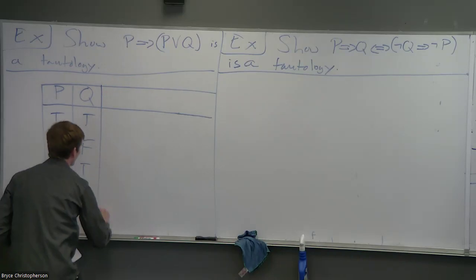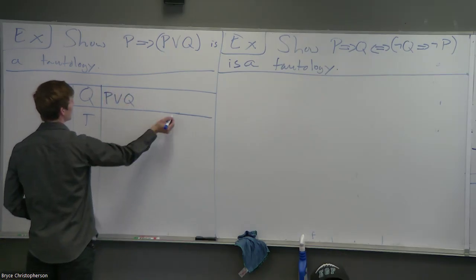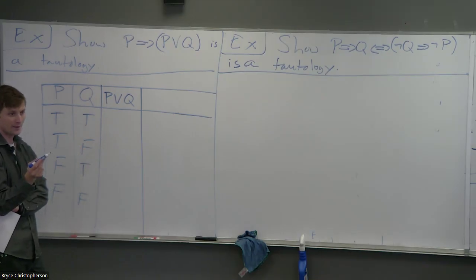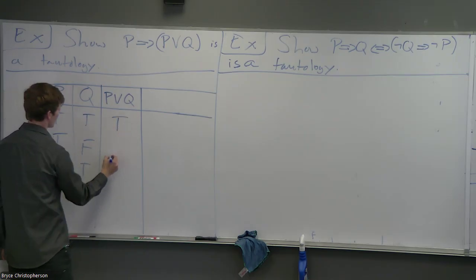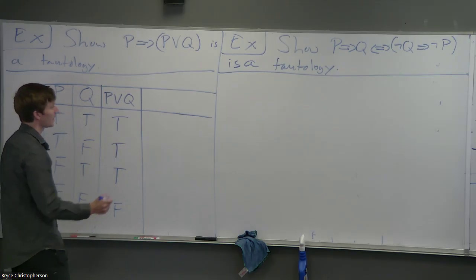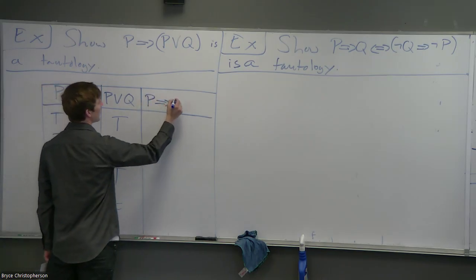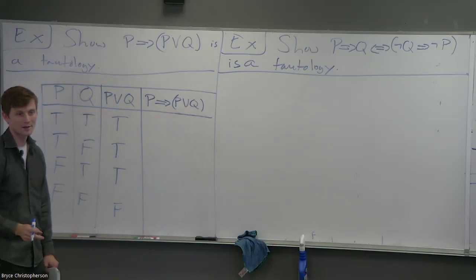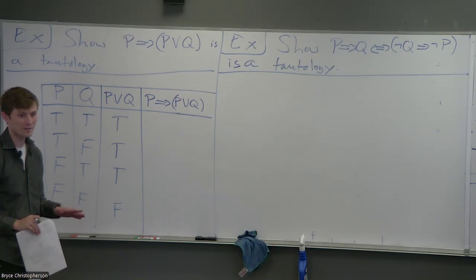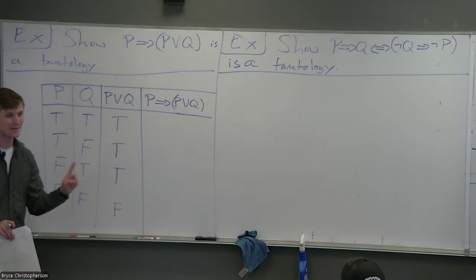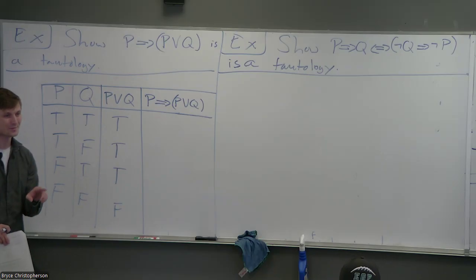Okay, so from here we'll go, all right, P or Q is true when? When none of these two are false. When at least one is true, right? Okay, so true, true, true, true, false, true, false, true, true, false, false, false. Okay, and then P implies P or Q is what we're trying to deal with right here. All we have to do is use our rules from implication. You might be saying to yourself, oh no, I've already forgotten what they are. Just think about, if it is snowing, then it is that statement.